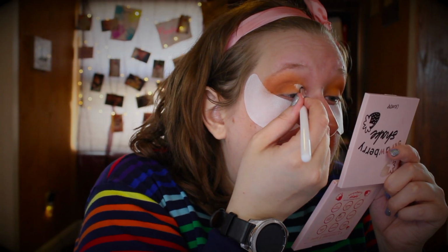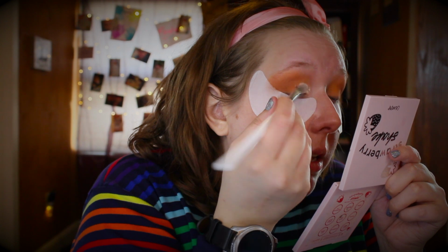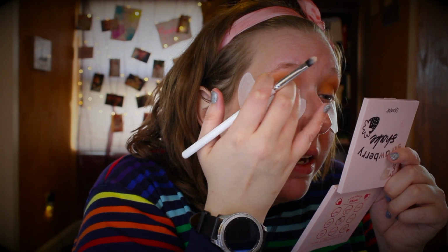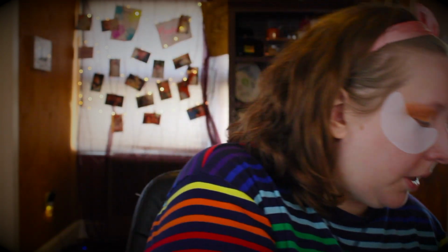So I'm just gonna halfway cut the crease with a rounded packing brush. I think that's what this is. And then just take my finger and pat it and then fade it out, because I think I want to use this really nice light shade down here called Melody. I'm gonna cut the crease on the other side and probably go blow my nose